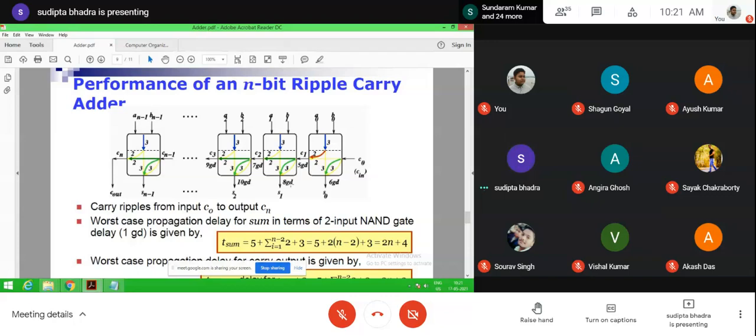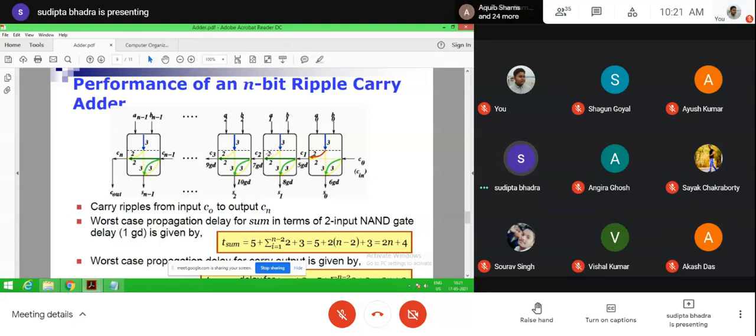How do we get this 8 gate delay? 5 gate delay to get the C1 and 3 gate delay to get the S1. Now S1 depends upon A1, B1 and C1. After 5 gate delay we get C1, and after that 3 gate delay is required to generate S1.